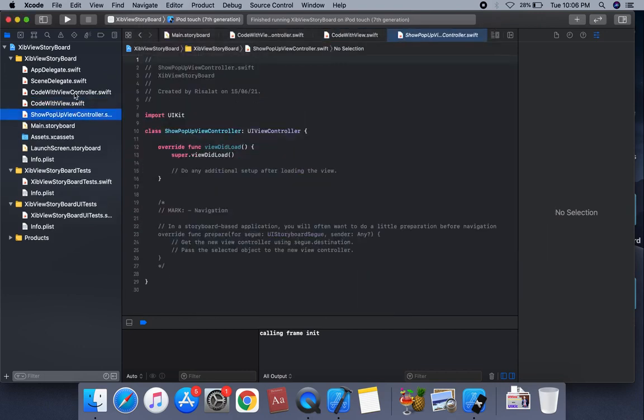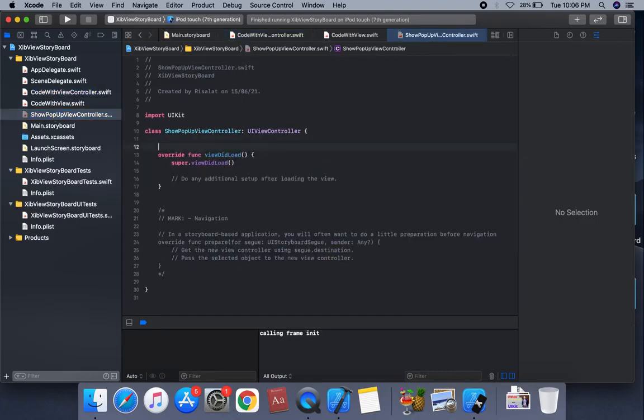Suppose this is a view controller, this is another view controller use of, and this is show pop up. We're gonna create this instance. So private lazy var.